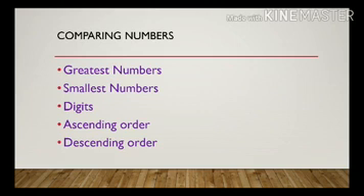What do you mean by ascending order? From a smaller number to a bigger number, we are arranging the numbers. Then we call it increasing order or ascending order. In the same way, arrangement from the greatest to the smallest, we call it descending order or decreasing order. See, descending and decreasing both have D, so you can remember very easily, right?